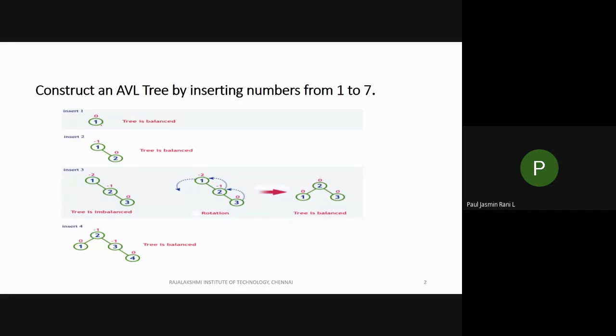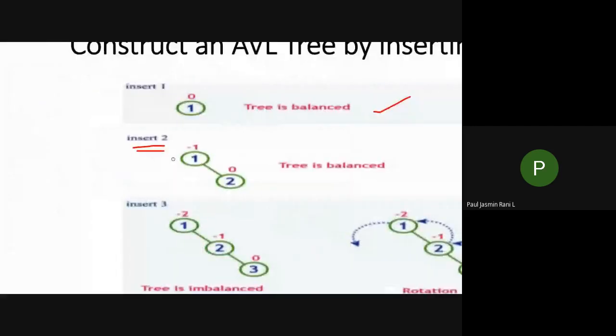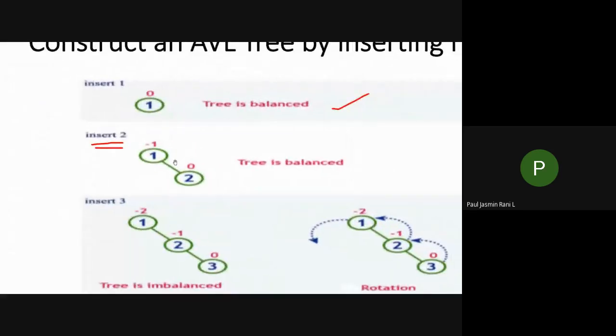With 1 we have only one element, so we mark it as the root node, and this is a balanced one. No need to check because this is a leaf node. Normally a leaf node has a balance factor of 0, therefore I consider it balanced. Next, I insert the element 2. This 2 is greater than the root element 1, so I insert it at the right side of the root element 1.